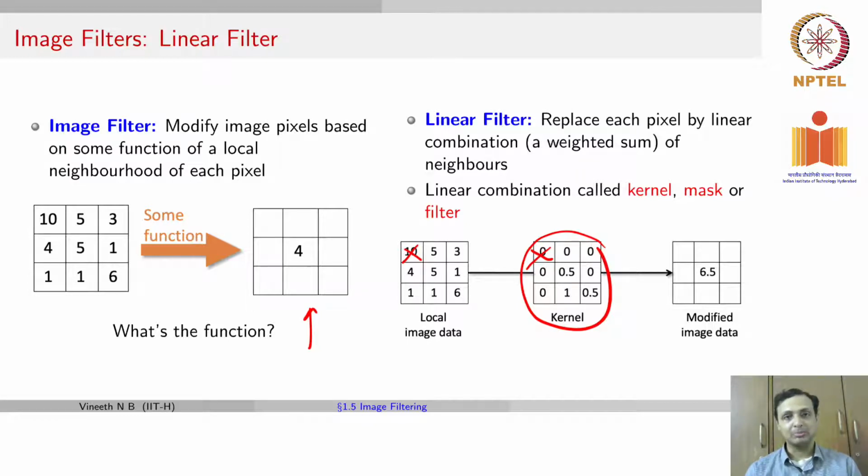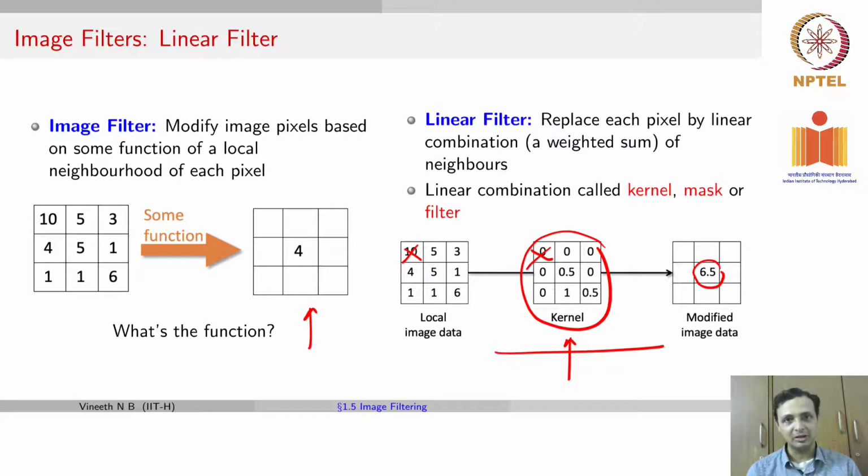So this filter is also sometimes called a mask or kernel. These terms are overloaded in other fields. They mean different things in other fields. But when we talk about image processing or low-level computer vision, or today even in computer vision, we call them filters or masks or kernels. So here is another example of a linear filter where you take this particular kernel that you see here and simply do a linear combination of the original image with this kernel, and you get the output to be 6.5.